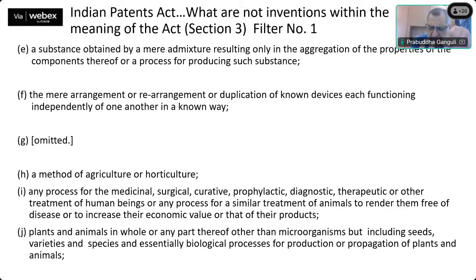Then even though nobody has ever mixed A, B, C, D anywhere in the world, you have done a creation, but the Patent Act says for such a creation where you get a mathematical addition, with each contributing its weight, the weighted average, such a mixture, you don't get a patent because they say this is a mere admixture. But suppose you did the measurement and you find it is either less or more than the